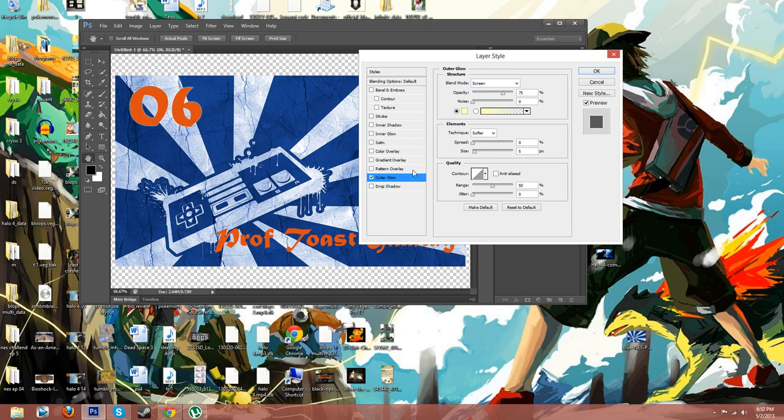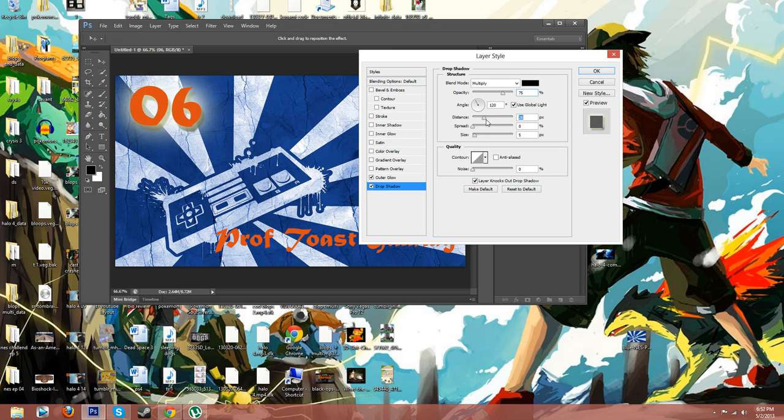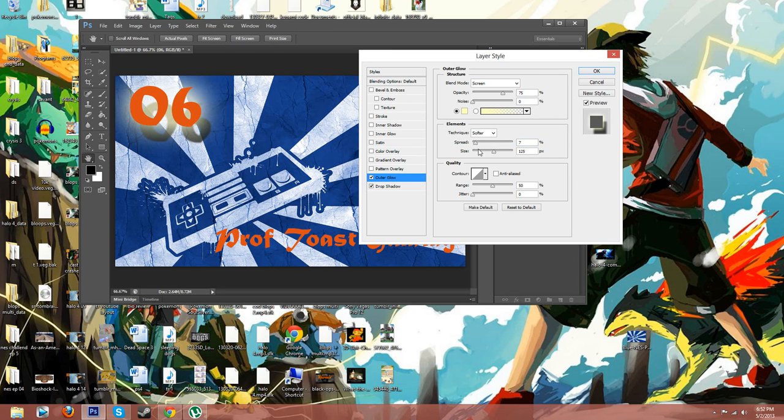And with this, you can make it super wide, or if you do it like that, it'll just be a glow, or you can blow it up way too big. But you can do it like that, and then the next one I want to do is drop shadow. You can have it like this, but I'm actually going to go ahead and make it not so